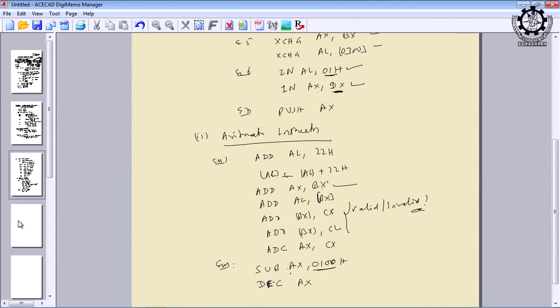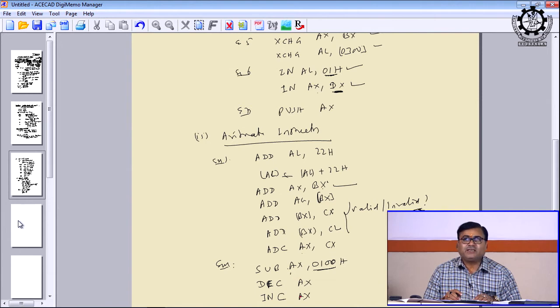What is the meaning of this? DEC AX. It is something similar to DCX and INX. So, here, as I told you, the syntax is slightly changed. There we used to write DCX, now we are writing DEC. So, DEC AX. AX content will be decremented by 1, and since it is a 16-bit register, first the lower order byte will be decremented by 1. Similarly, the corresponding opcode is INC AX. What is the meaning of this? AX content will be incremented by 1 after executing this instruction. That is how we have to interpret.